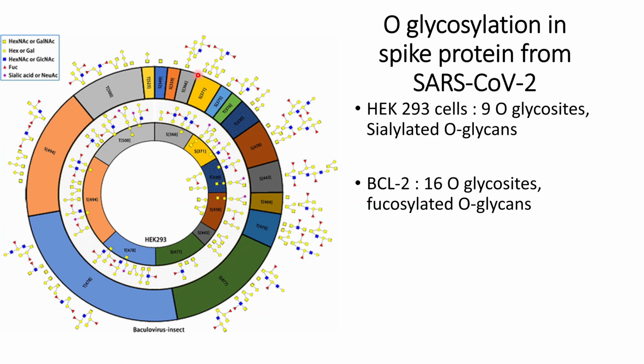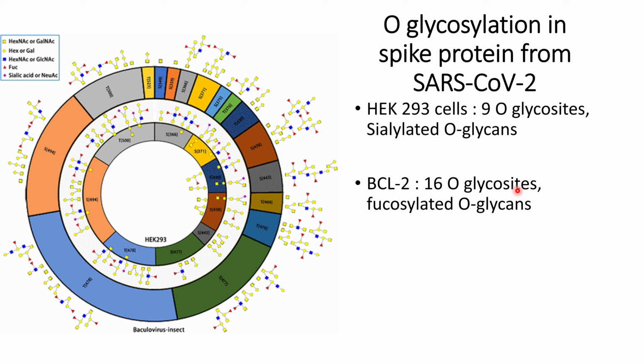We will continue our discussion about the spike protein from the SARS-CoV-2 virus when it is expressed in different cell systems, and how the glycosylation profile changes. In our previous video we discussed O-glycosylation, and we will continue from where we ended. In the case of spike proteins expressed from HEK293 cells, what has been observed is that it has 9 O-glycan sites, whereas the spike protein expressed from the BCL2 cell system has